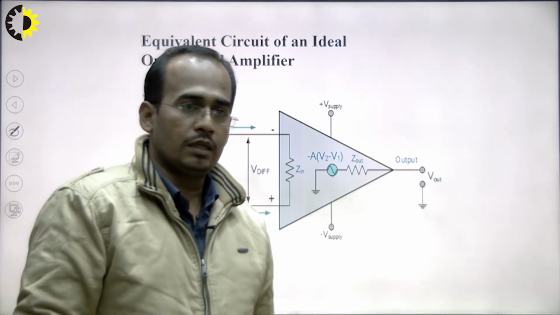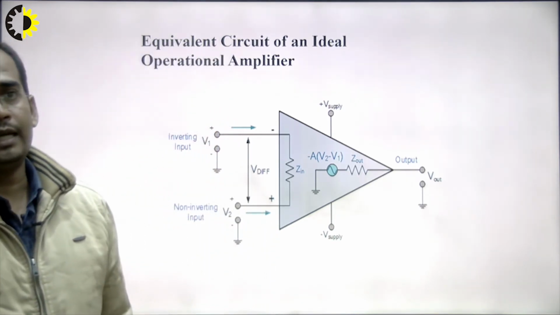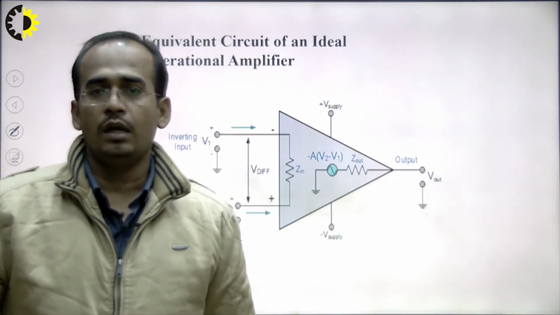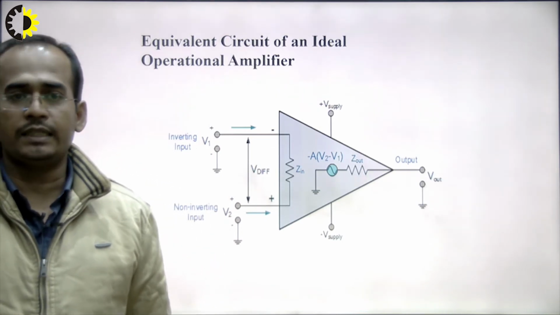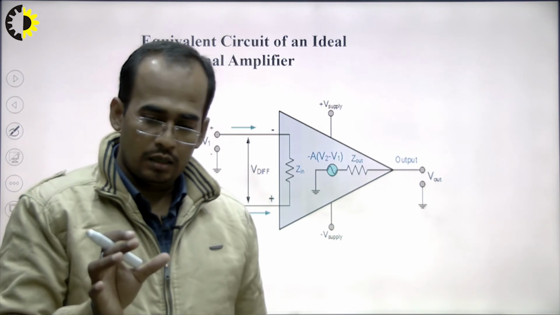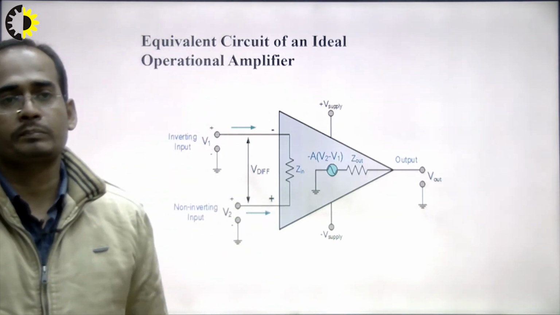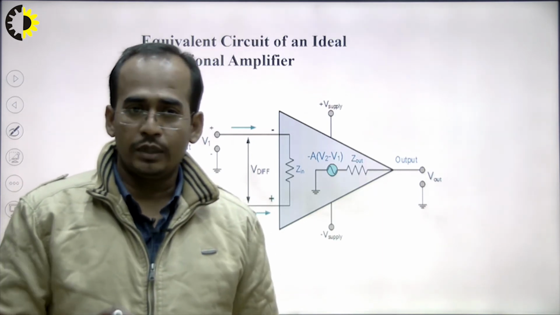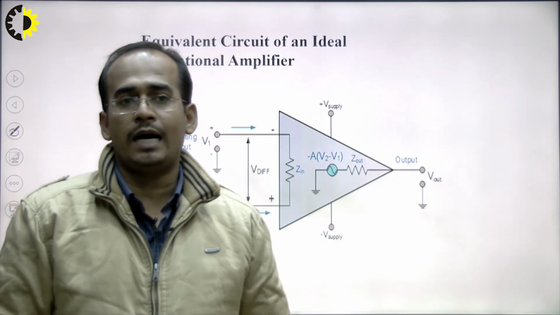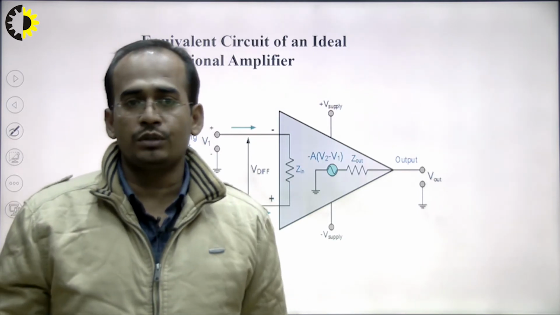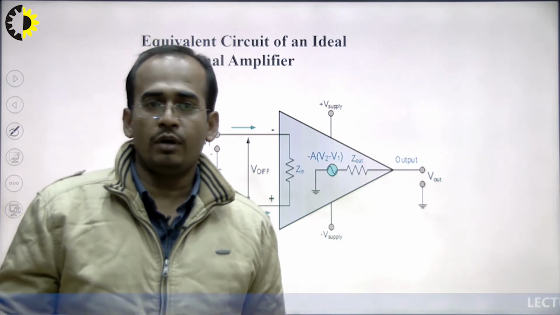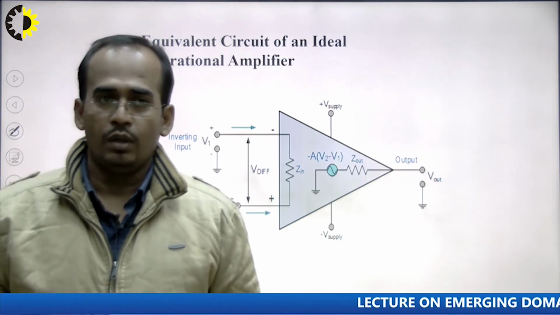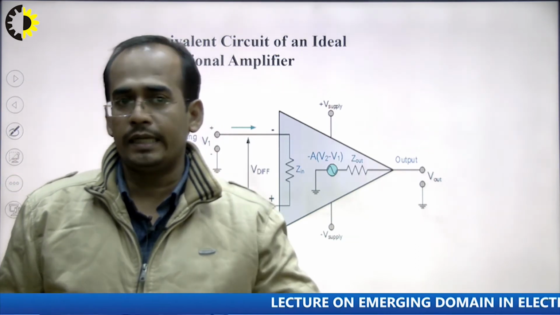As I have discussed, the internal block diagram of the operational amplifier is like this: we are using the differential amplifier, intermediate stage, level shifting stage and output stage. So, in the operational amplifier we are using a dual input dual output differential amplifier. It has the property of high input resistance, and at the output stage we are using the emitter follower, which has very low output resistance, ideally 0, and the differential amplifier has high input resistance, ideally infinite.